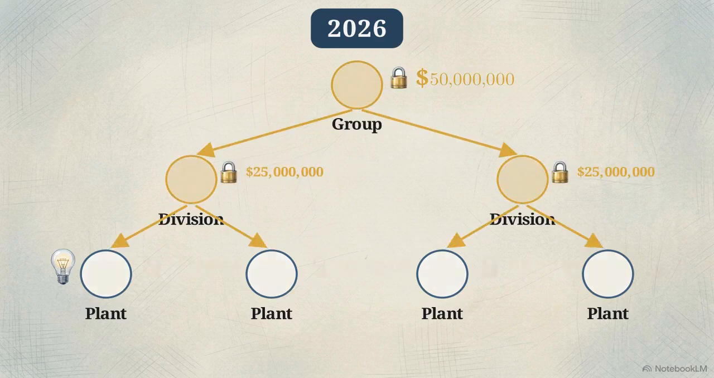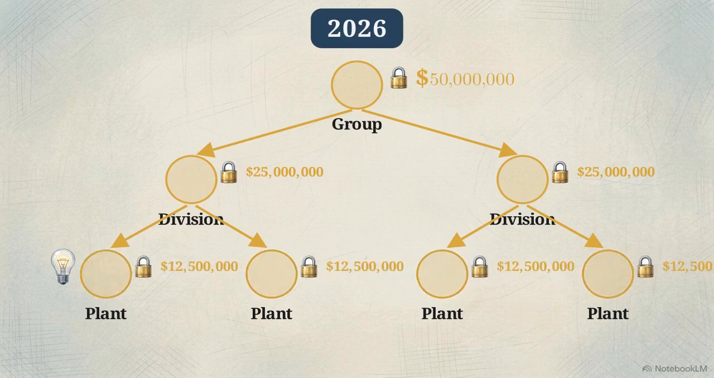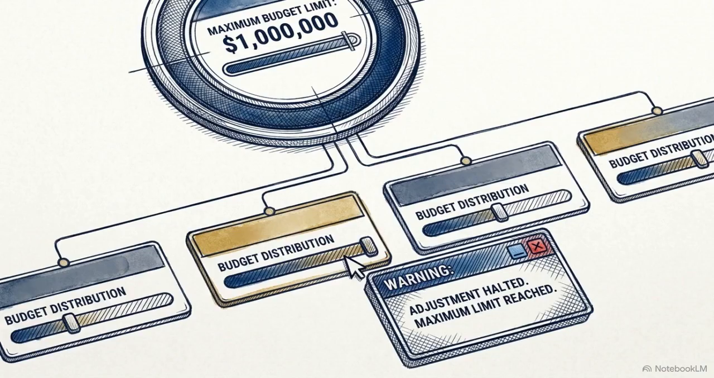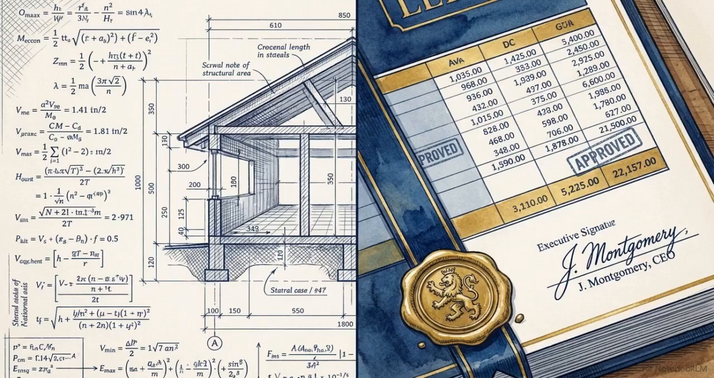Now look at the downward flow. This is top-down budgeting. Corporate leadership authorizes a formal capital ceiling and pushes that budget down, locking in the maximum spend at each level. The system strictly prevents any lower-level budget distribution from exceeding the available limit of its parent node. This separation decouples what the operational business expects an asset to cost from what management legally authorizes it to